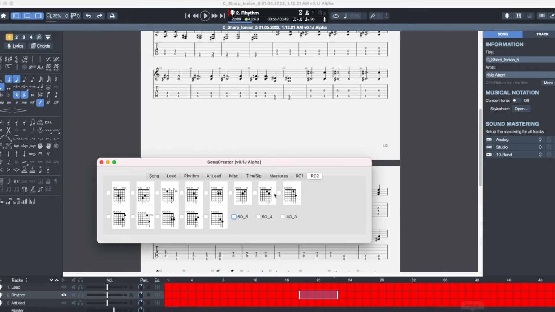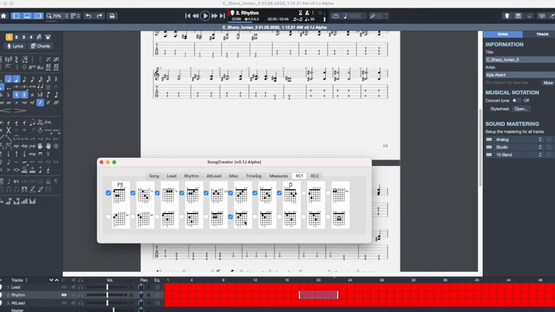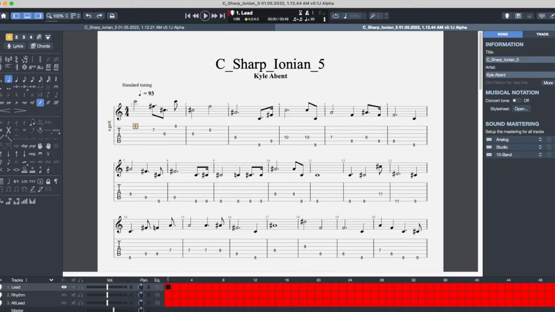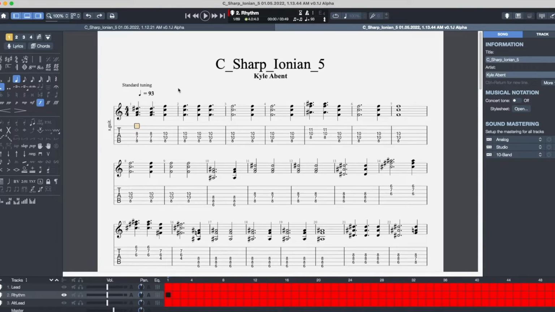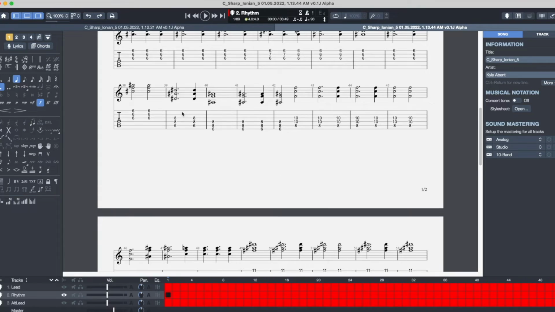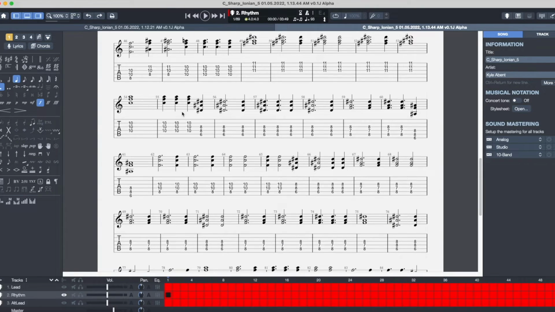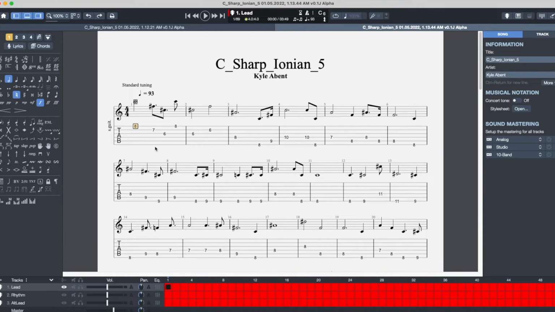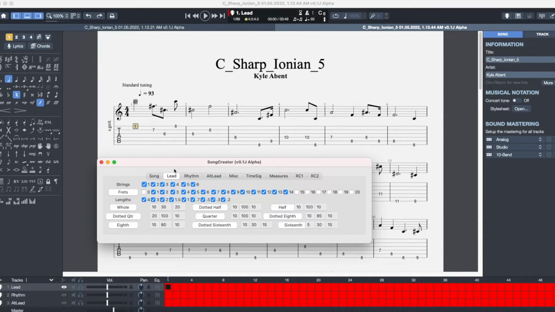And if I generate, this is to be same key, same scale. Let's go to this 2-note chord, generate. There we go. Got rid of all the 2-note chords. Okay, let's see, how can we make this more interesting? Let's look at the lead. Actually, before I get there,